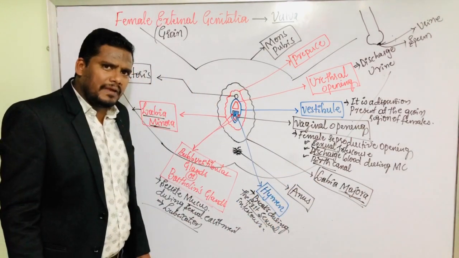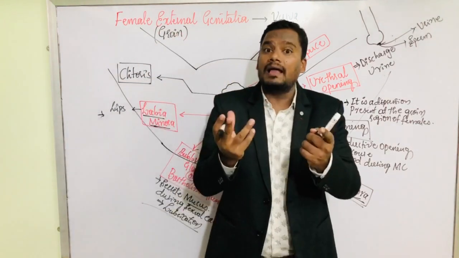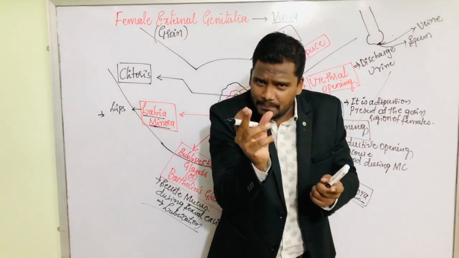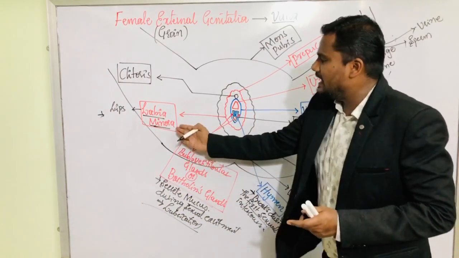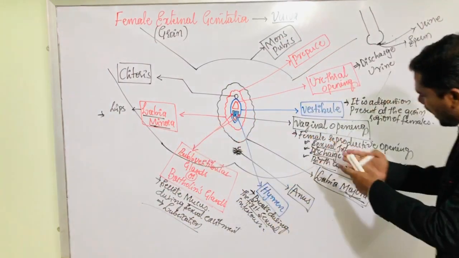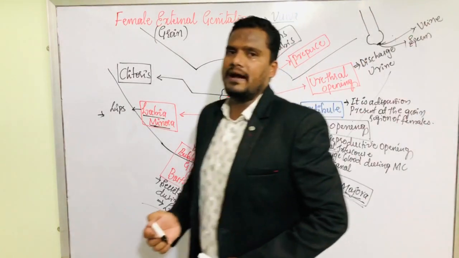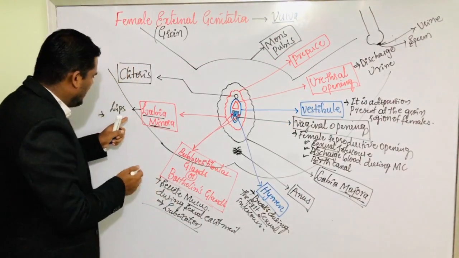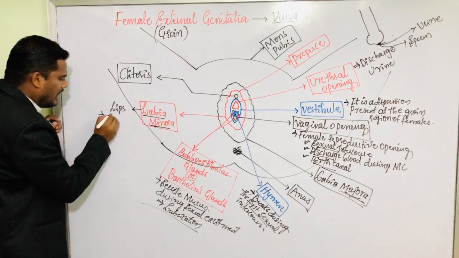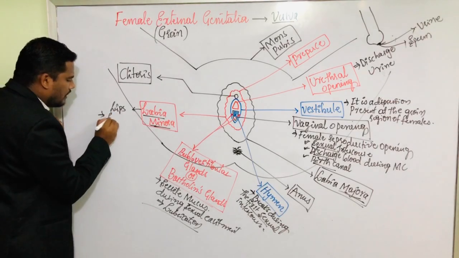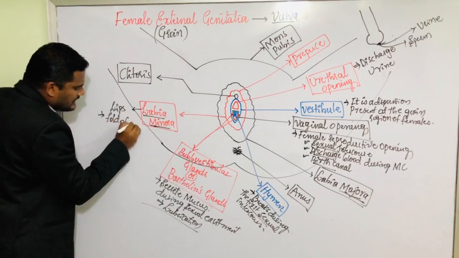What do you mean by labia? Labia means lip-like. If we have a small lip-like structure, it is called labia minora. If we have a large lip-like structure, then it is called labia majora, my dear friends. So, labia minora is a fold of skin